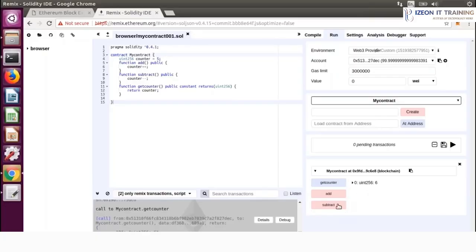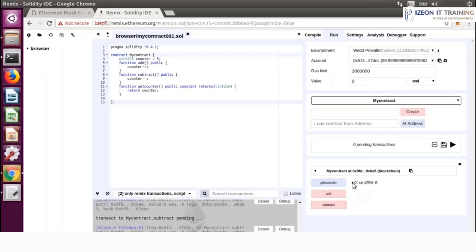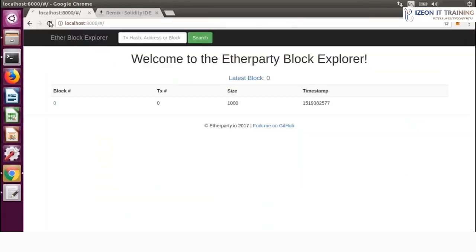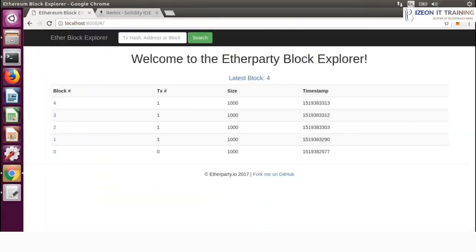Now let's tap on Subtract twice and then again on get counter, we see that the value of our counter is 4 now. Alright. Now we'll open our Block Explorer to see the details of this transaction. Here, we'll just refresh it. And as you can see here, our contract has been successfully deployed on the Ethereum test